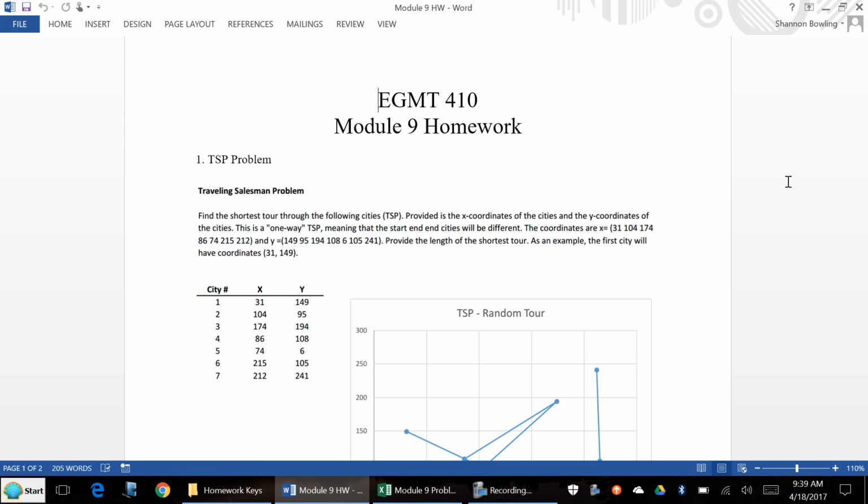Traveling Salesman Problem is probably one of my favorite problems of all time. It really is. I first learned about it when I was working on my master's degree. I remember looking at taking a course, and it was talking about heuristics that you would learn in the course, and I can remember trying to figure out what a heuristic was. And I always remember, if you ever hear the word heuristic, it just means rule of thumb, just a quick kind of